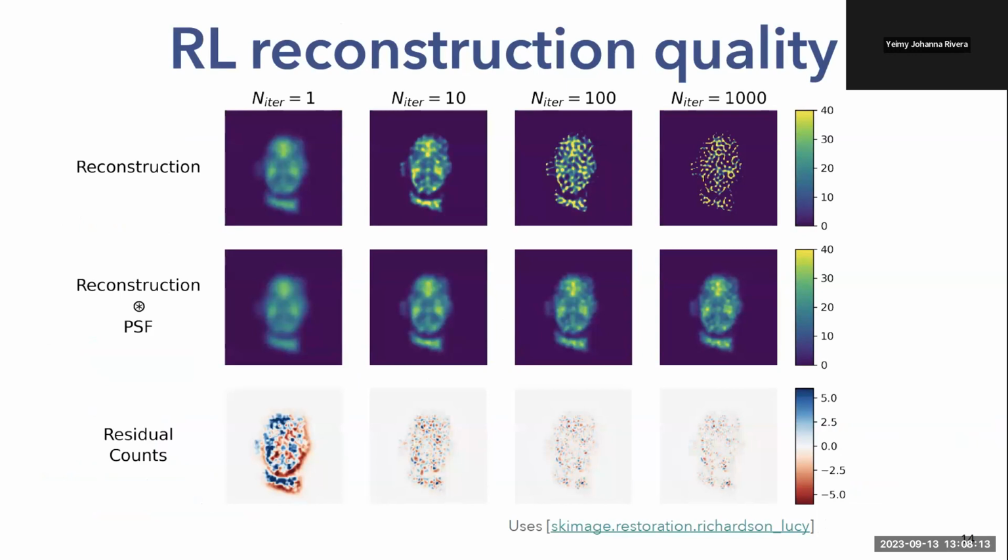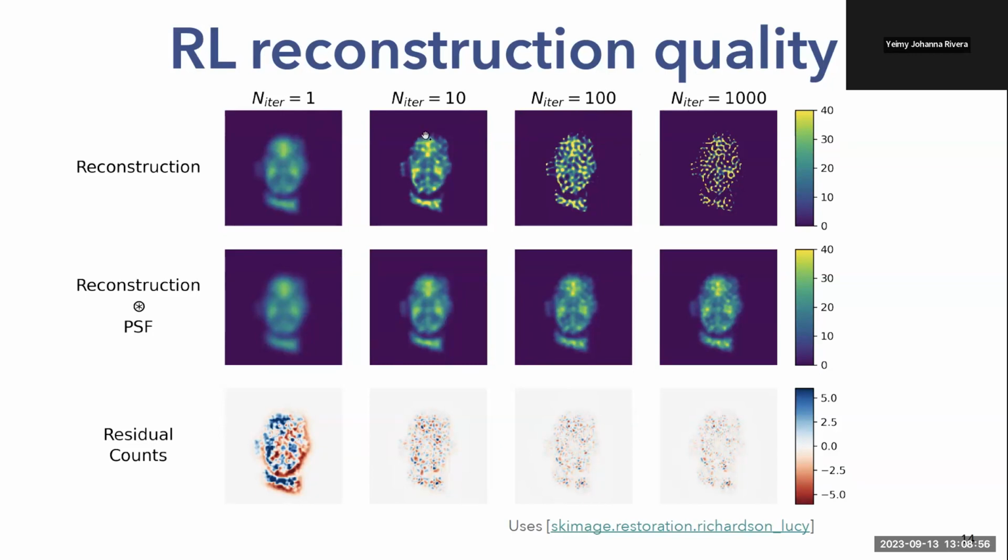Here I'm taking a look at multiple examples where I'm running this iteration of the reconstruction for a different number of iterations. I'm starting from this image here. This is just running for one iteration, so not much sharpening has happened yet. Then I'm running for 10 iterations. So this image is already considerably sharper. But then what happens at higher iterations is that you can see that extended structures in the image start to decompose. So the reconstruction that you get is very speckly. And this gets even worse for 1,000 iterations here.